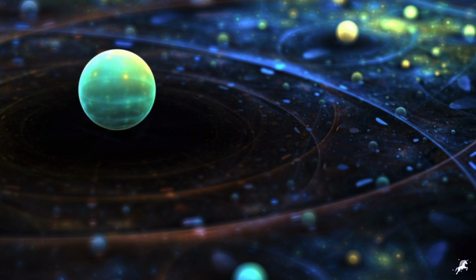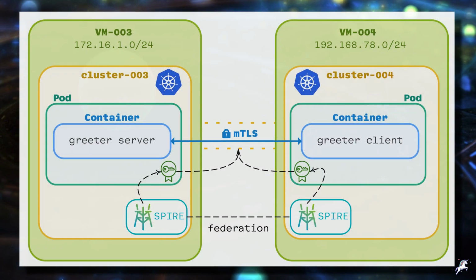That part taken care of, let me show you what we are planning to implement at a high level. In our setup, we'll have two virtual machines in two separate networks. The first one is what I call VM3, which is on the 172.16.1.0/24 subnet, and the other one is VM4, which is on the subnet 192.168.78.0/24. And these two machines can ping each other, that is to say there is a network connectivity and a